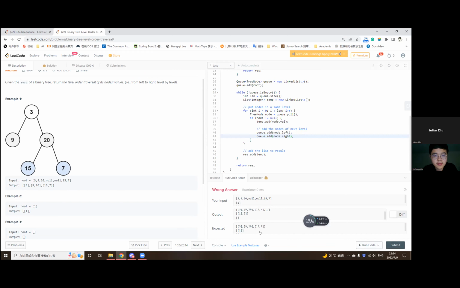Oh, we also need to consider the last level, which is, let me think. Yeah, here we shouldn't always add the temp because sometimes the temp is empty. If it's empty, we shouldn't add it. So